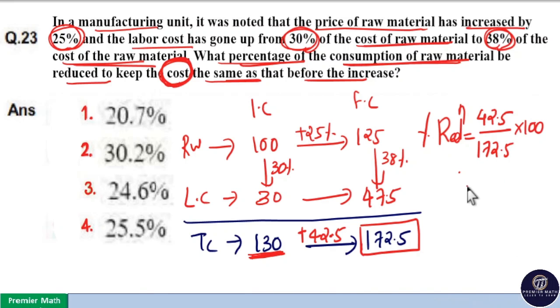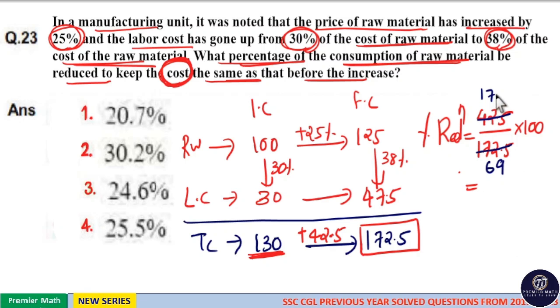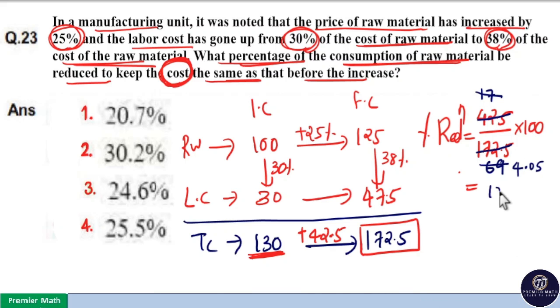172.5 into 100, which is equal to... 25 goes 4 times in 100. So 4 into 4 is 16. 25 goes 17 times in 425. Same way here, 25 goes 6 times in 150, remaining 225. So 25 goes 9 times in 225. Now 17 goes 4 times in 68, remaining 1. So 17 goes 0 times in 1, 17 goes 5 times in 100. Now 100 by